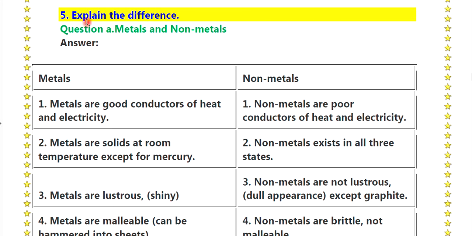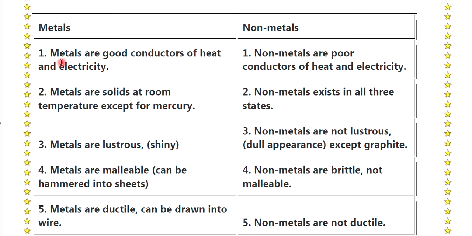Question number 5 is explain the difference. In that, first is metals and non-metals. What is meant by metals? Metals are good conductors of heat and electricity. Non-metals are poor conductors of heat and electricity. Metals are solids at room temperature except for mercury. Non-metals exist in all three states. Metals are lustrous. Non-metals are not lustrous